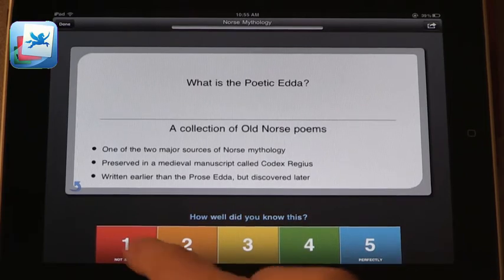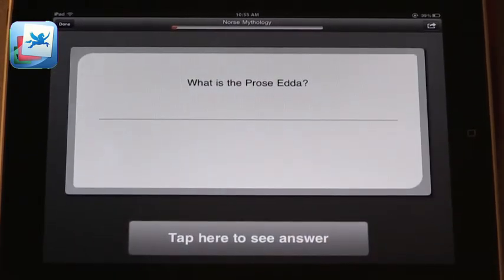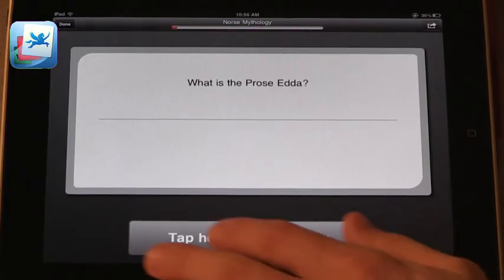I didn't know anything at all, so I pressed the number 1, which ensures that this question will show up in greater frequency. So this app really depends on students being able to evaluate what they do and don't know, and being honest about what they do and don't know. The advantage here is the ability to have this differentiation, which means I know some of it, but I don't know all of it, which is very common with historical concepts and with vocabulary.